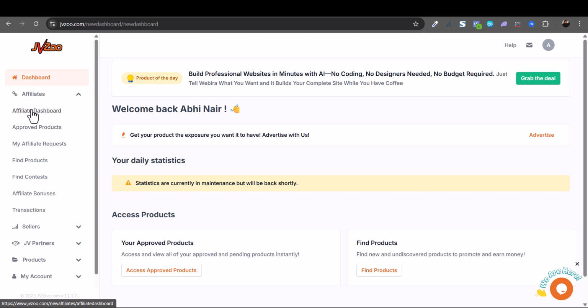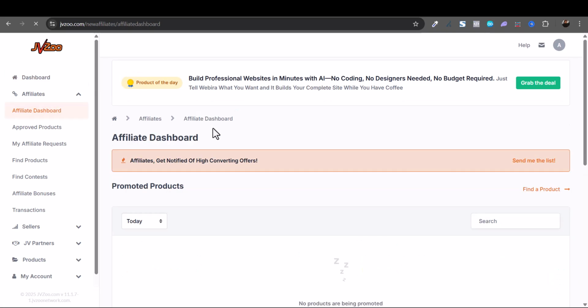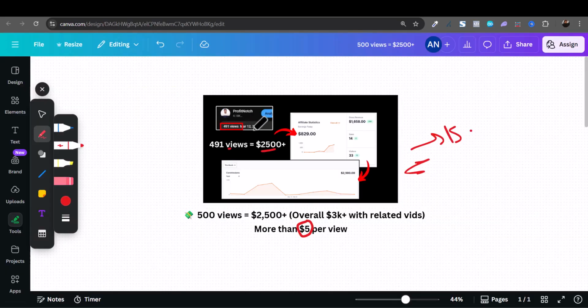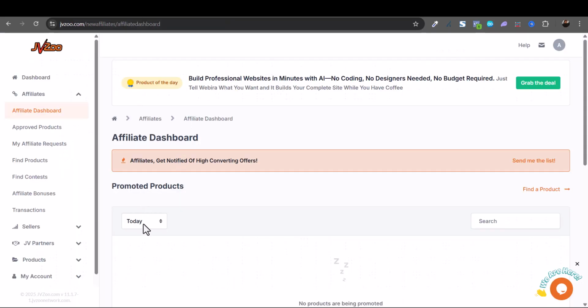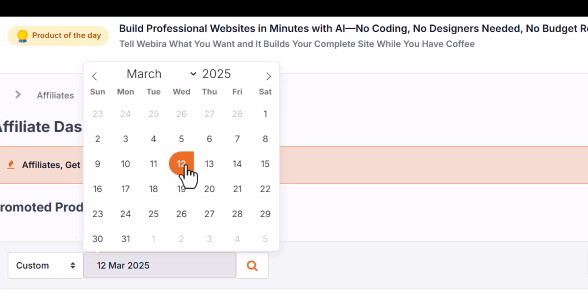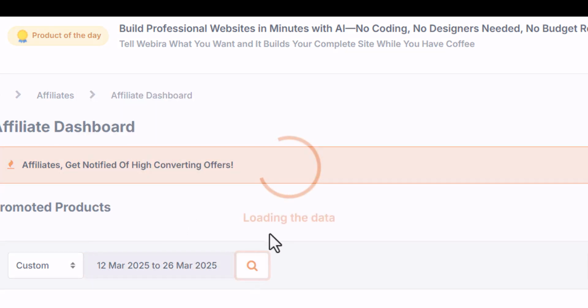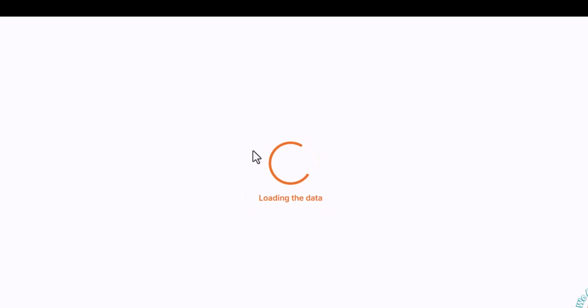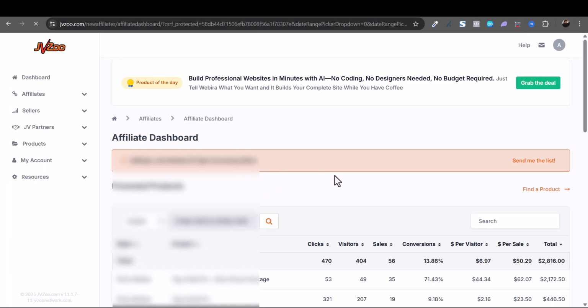So let me just go to this affiliate dashboard here and show you exactly how much I made. This was a campaign that I created on March 12th, as you can see. So I will go to custom here and select March. Let me go from the 12th to the 26th, because why not? If I click on the search icon here, it will filter out the results and you will see